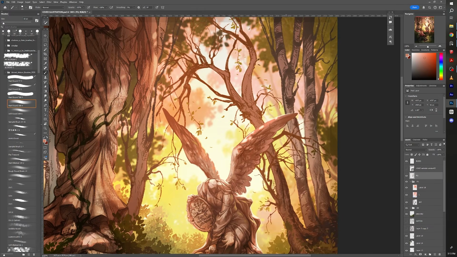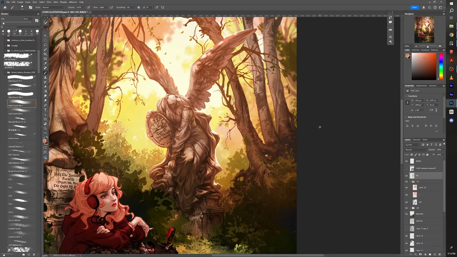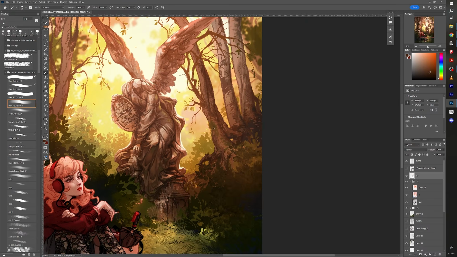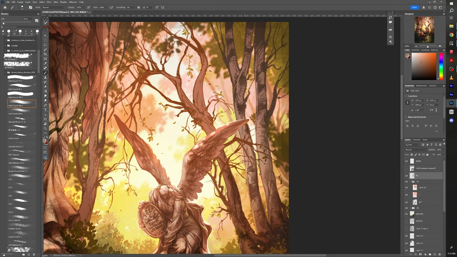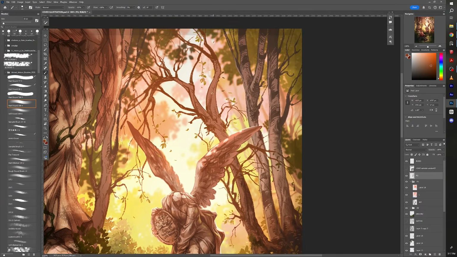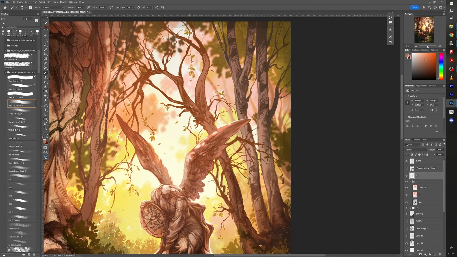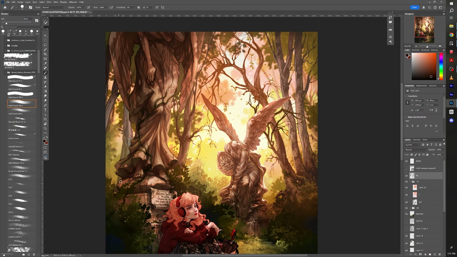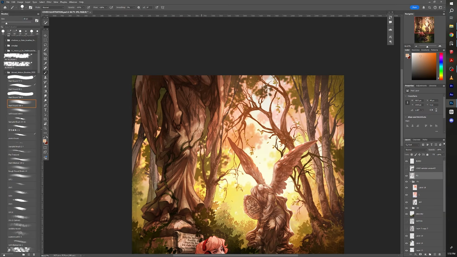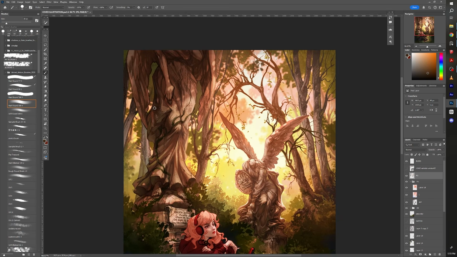So all I had to worry about at this point was just trying to create somewhat believable lighting, which is, you know, not the easiest thing in the world. I think probably to some degree it comes naturally to me, but I can still see how I really need to do some actual painting studies in order to get better at this particular step, because I mean, I don't know if you can tell, but it's a guessing game,